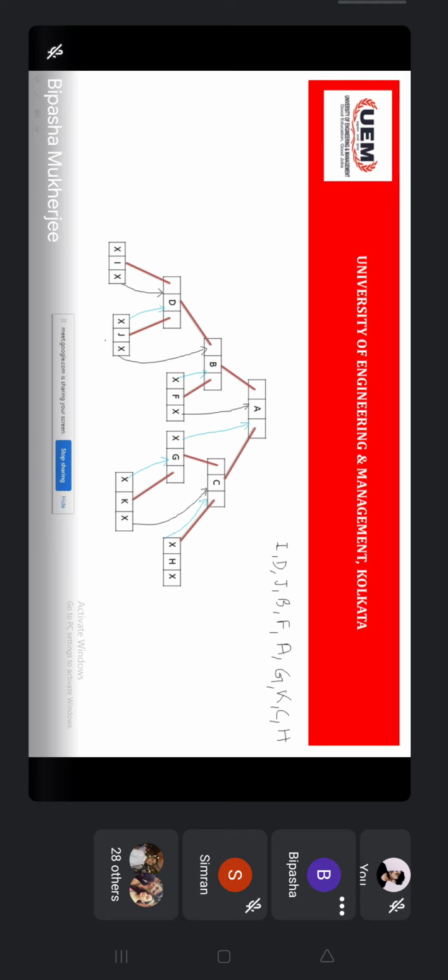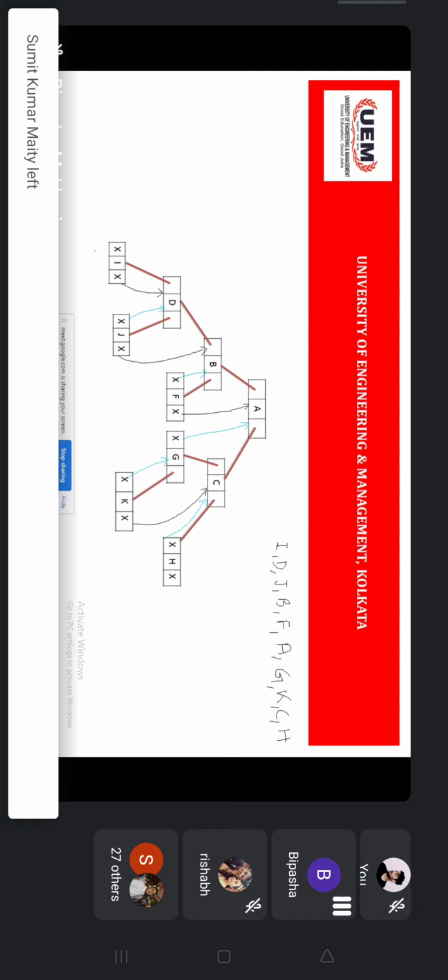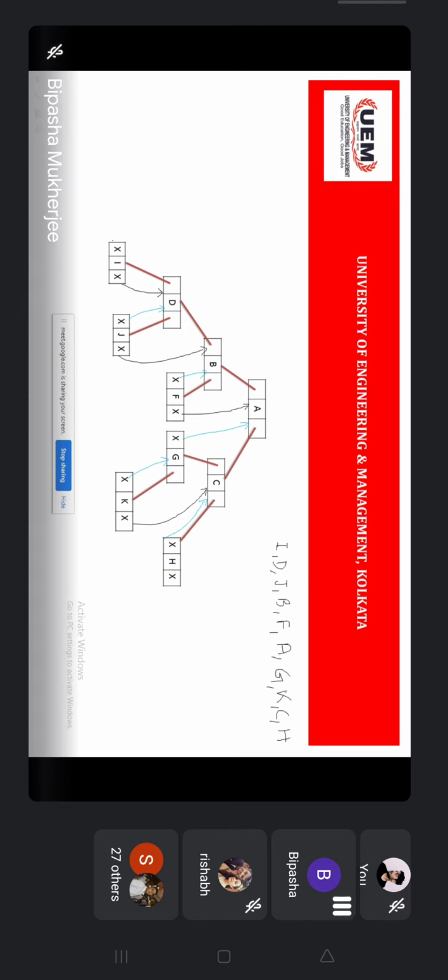Okay, fine. So see, even after doing the double threading, the left side of the first node and the right side of the last node, these two are not in use.